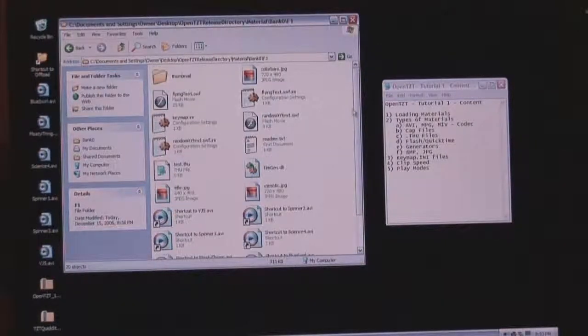Flash files, there's a little bit of a process to it. You can make your own, obviously, if you know how to program Flash. Please share them with everyone else if you do. So we have flying text.swf here. There's also a flying